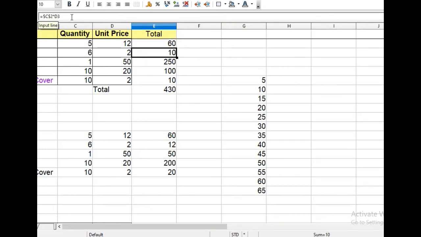See, in the next cell, C2 multiplied by D3, C2 multiplied by D4, C2 multiplied by D5, C2 multiplied by D6. So this is absolute address. When we use a dollar sign on the column letter and row number of any cell, that type of address becomes absolute.